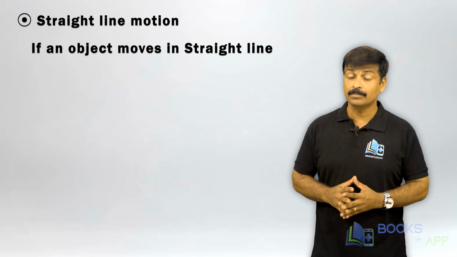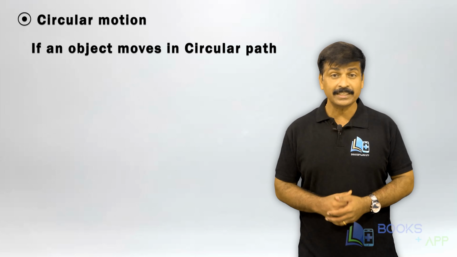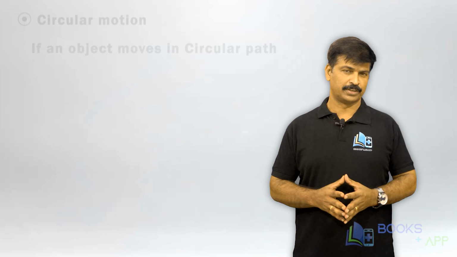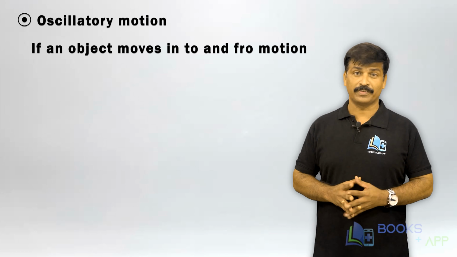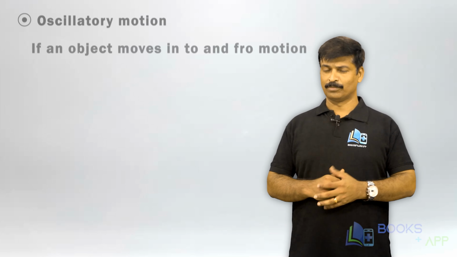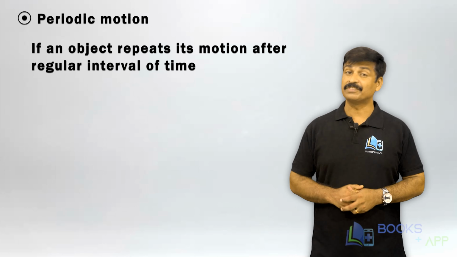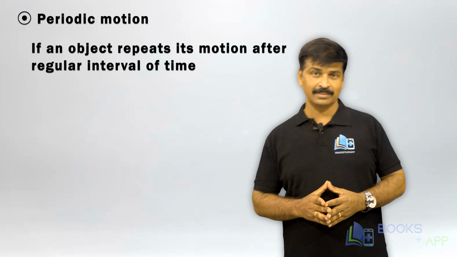Yes, if an object moves in a straight line, that is called straight line motion. Now, what is circular motion? If an object moves in a circular path, its motion is called circular motion. Now, what is oscillatory motion? To and fro motion of an object is termed as oscillatory motion. Then periodic motion. What is periodic motion? If an object repeats its motion after a regular interval of time,